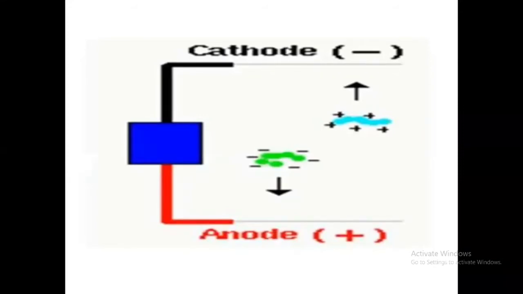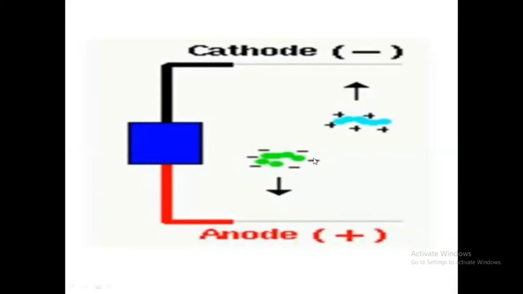So here, two electrodes are placed in a buffer solution. One is called the cathode. Cathode means which symbol? Negative. Anode means what? It contains positive. So these cathode and anode are two electrodes, which I dipped in the sample solution or buffer solution. My buffer solution has charged particles. You can see here, two kinds of charged particles are there.